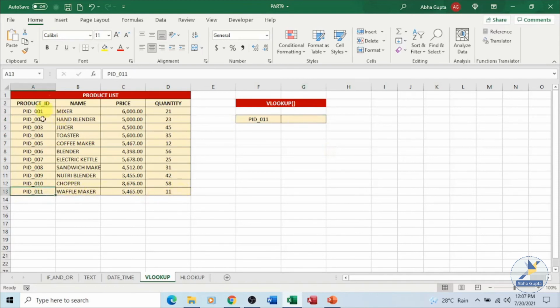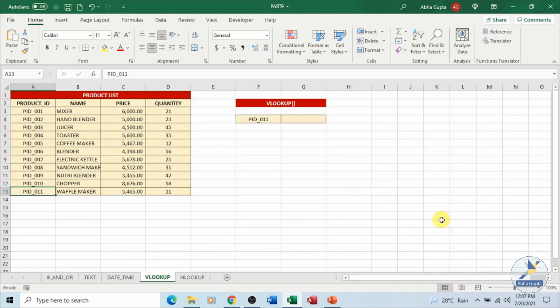So if your data table or table array is in a vertical form, you can make use of the VLOOKUP. If you have entered the data in a horizontal manner, you can make use of the HLOOKUP. Now in the latest version, the 365, you have XLOOKUP also.